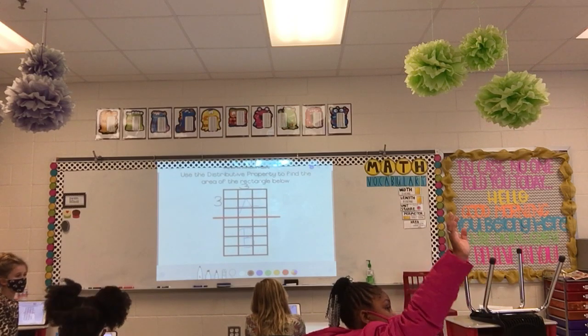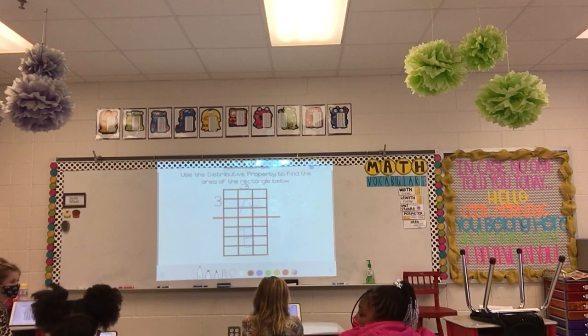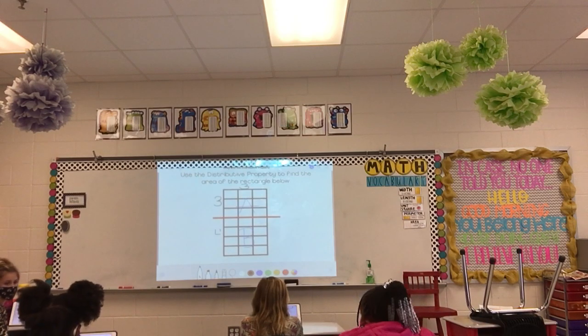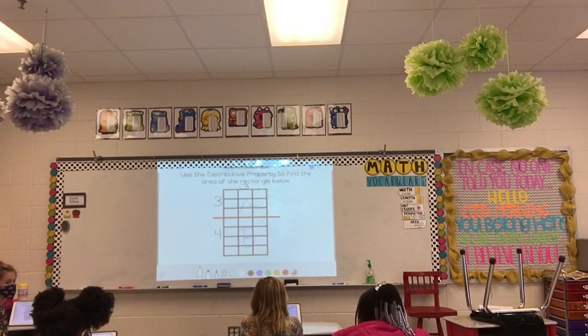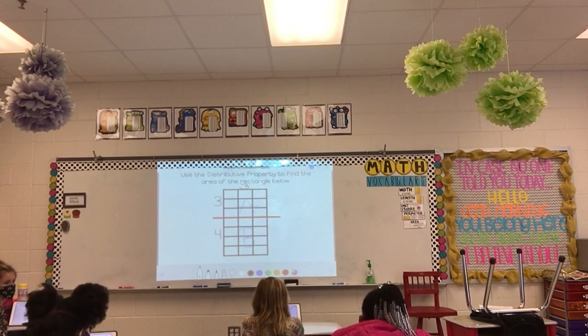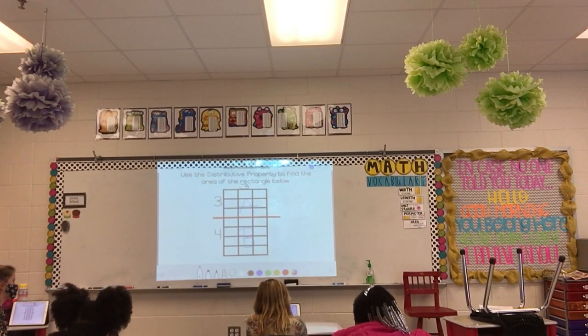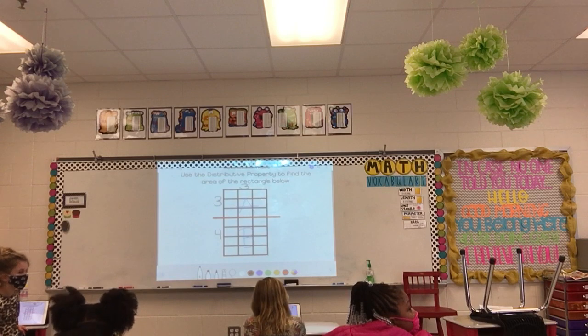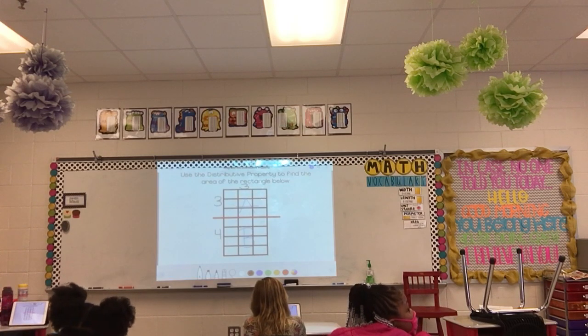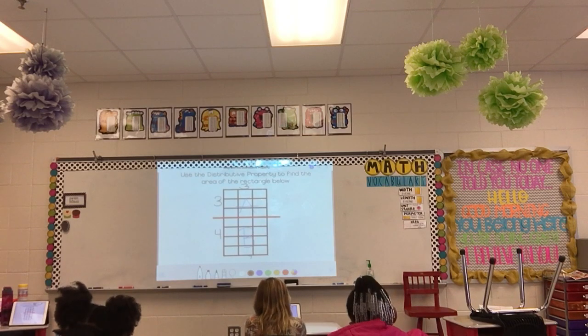Okay, Chelsea, what's my length and width for B? 4 and 4 and what? 3. 3. Is it necessary that I write that? No. Okay, I am going to write it, but let me rephrase my question. Was it necessary to go count that to know that that is 3? No. Because this is a what shape? Rectangle. A rectangle. If the top is 3, then the what? Bottom is 3 because opposite sides are